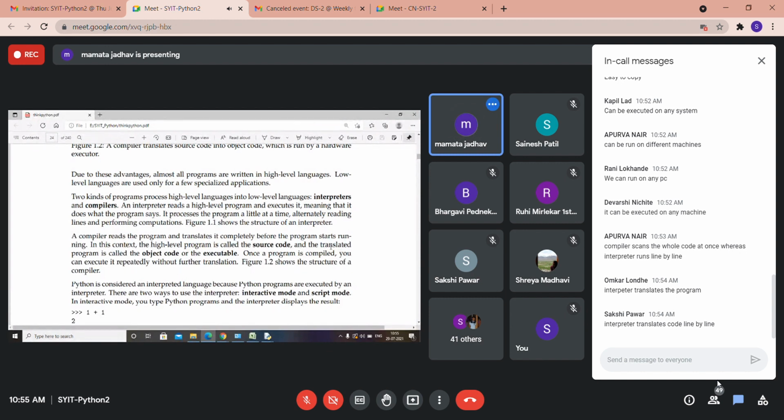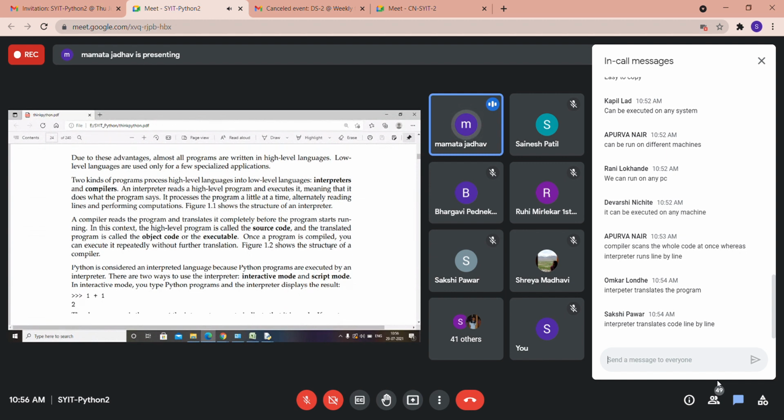A compiler reads the program and translates it completely before the program starts running. In this context, the high level program is called source code and the translated program is called object code or executable. Once the program is compiled, you can execute it repeatedly without further translation.